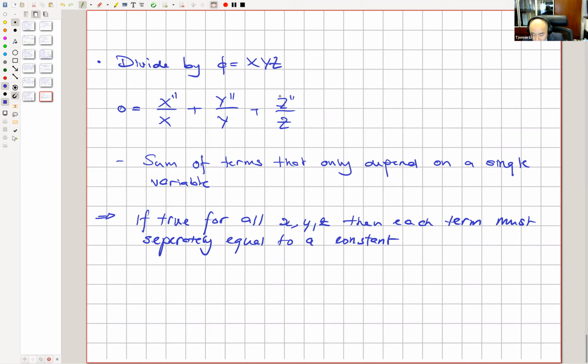So if there's some residual dependency on, let's say, z, and this, for example, has some residual dependency on x, then I can't generically make this equation 0, like the Poisson equation. I can't make this true. And so each of these, X prime prime over X, Y prime prime over Y, Z prime prime over Z, must individually, separately, equal a constant,